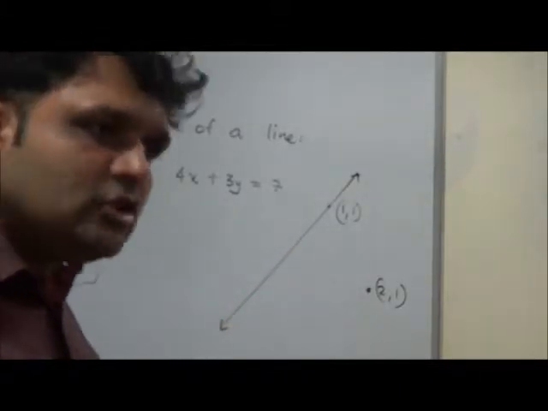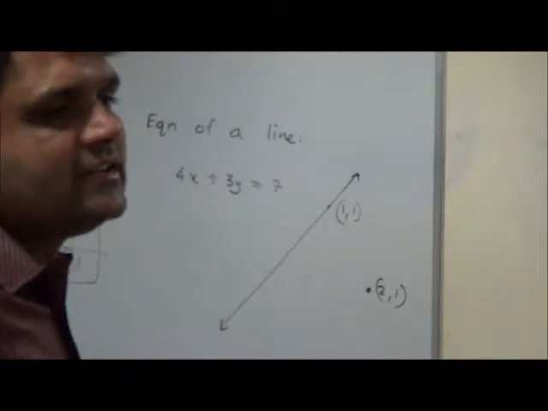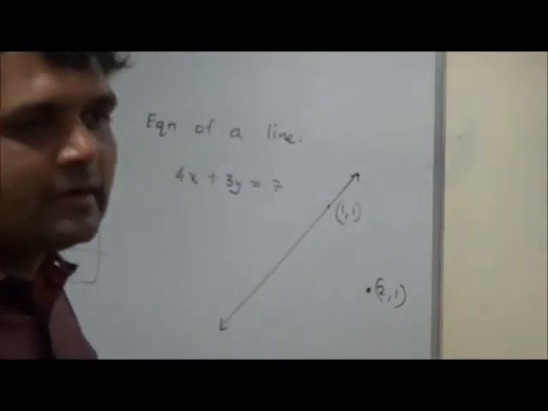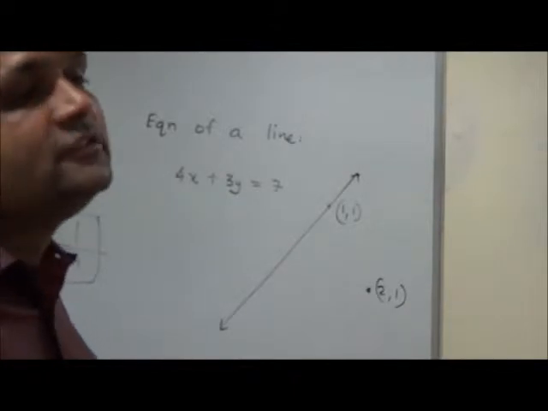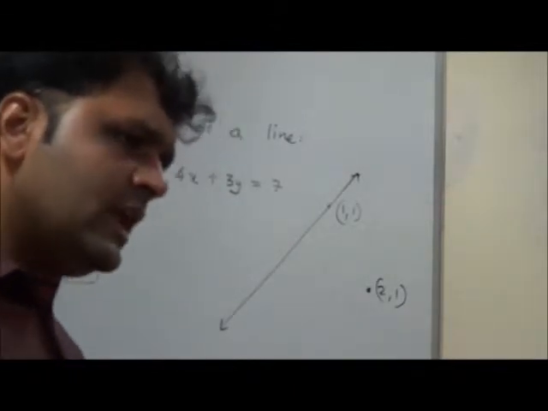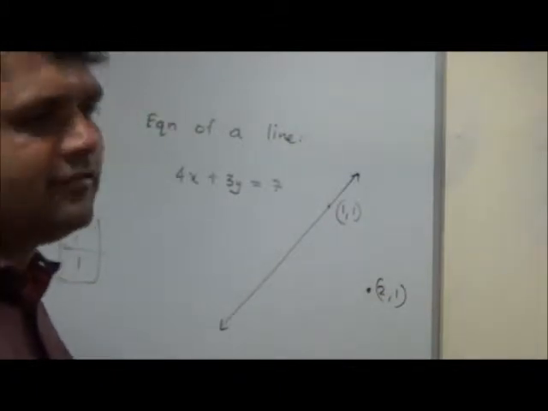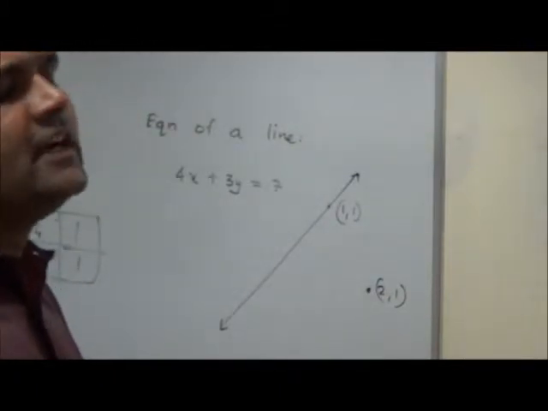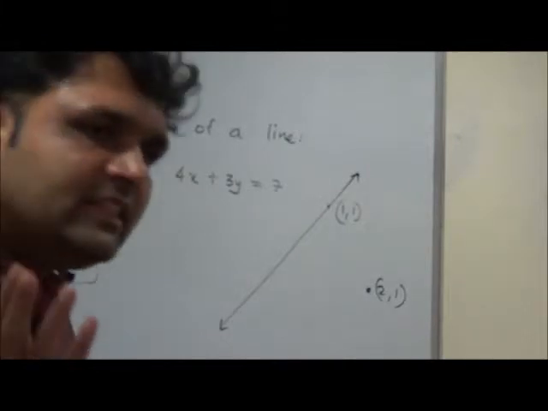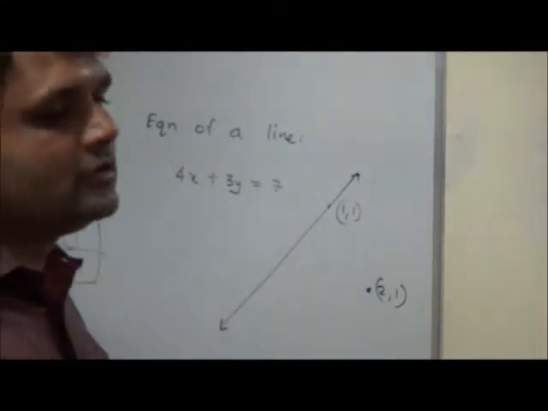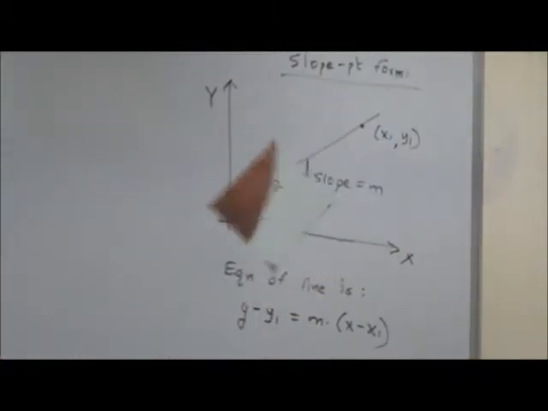So what is the equation of a line? It is an equation which is satisfied by all the points on the line, but which is not satisfied by any other point lying outside it. And this is not true only for a line. Equation of a circle, ellipse, parabola, hyperbola, any curve you take, it is an equation which is satisfied by all the points lying on that curve and which is not satisfied by points not lying on the curve. Okay? Please observe.